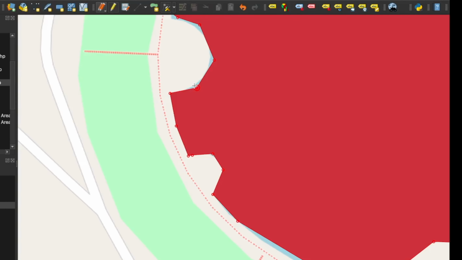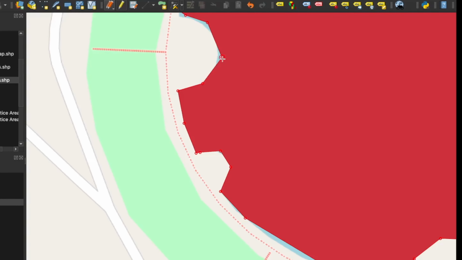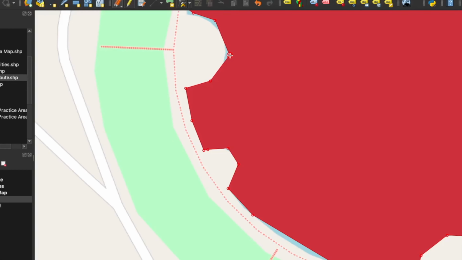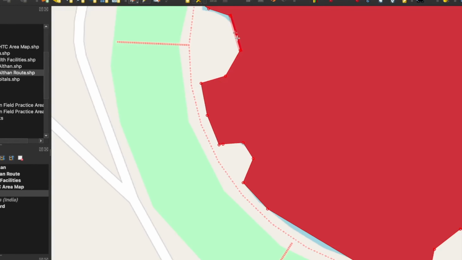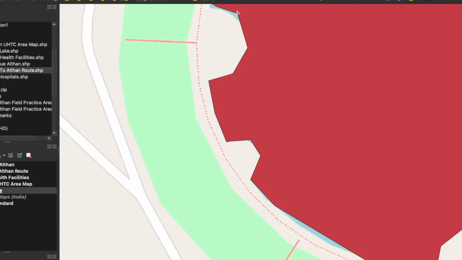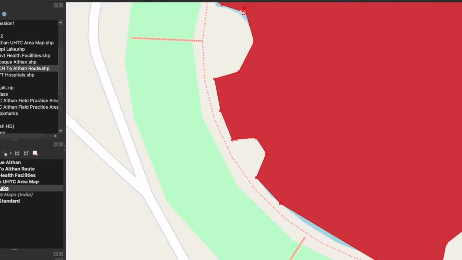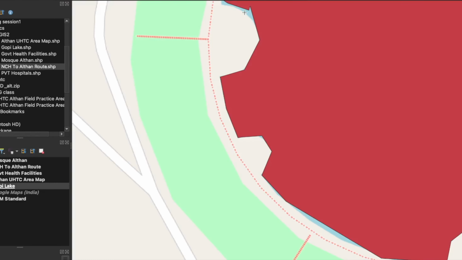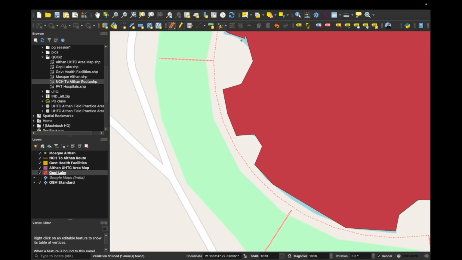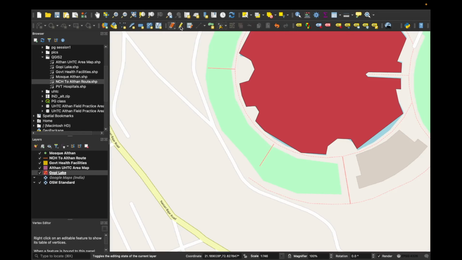Alright, so double click, keep pressing, then it will appear. See, this is how you can edit again, and when you click on this toggle editing, it will ask you